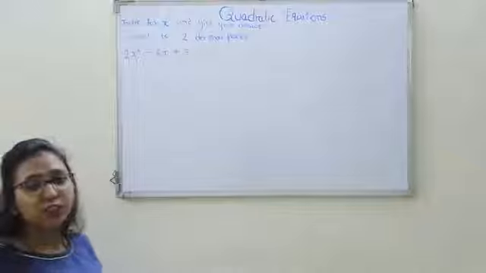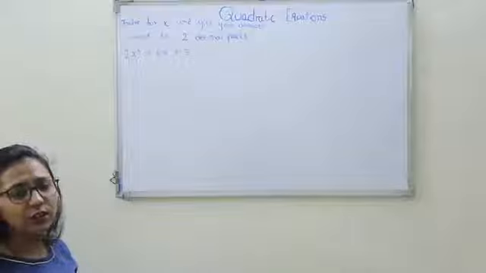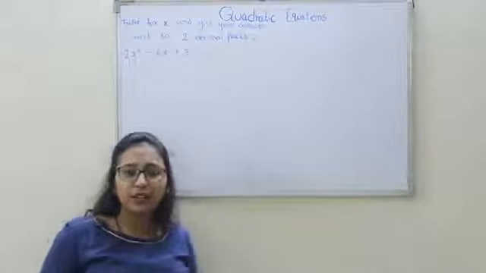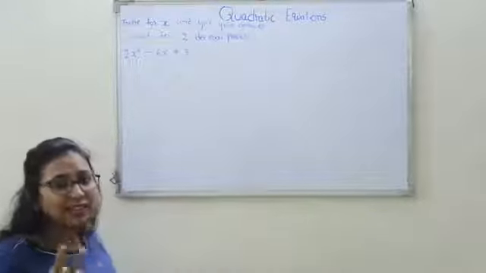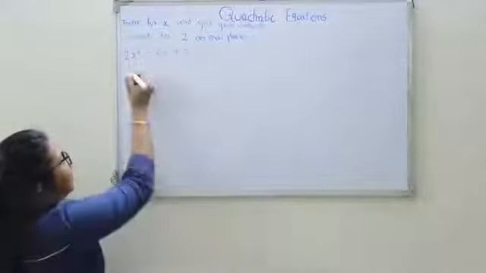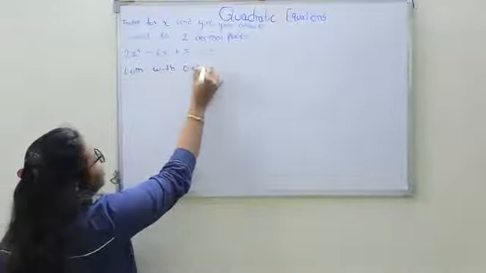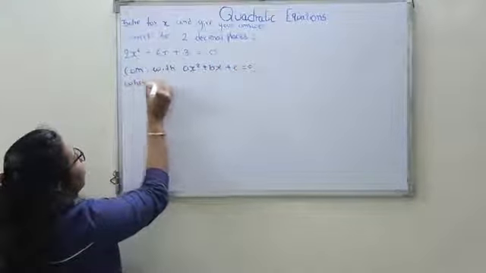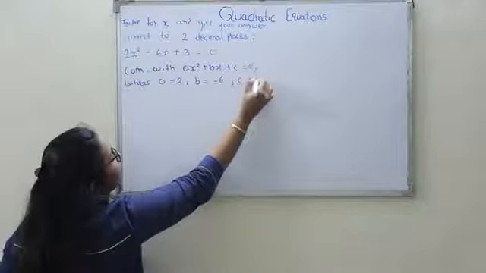Your question says, after solving x, you have to round it up to 2 dp. Correct to 2 dp means we will round the answer up to 2 dp. So again, in a similar way, the question is already in standard form, that is x squared, x term, constant, all are here. So now, the second step, we will write the value of a, b and c. Comparing with ax squared plus bx plus c is equal to 0, a is equal to 2, b is equal to -6 and c is equal to 3.